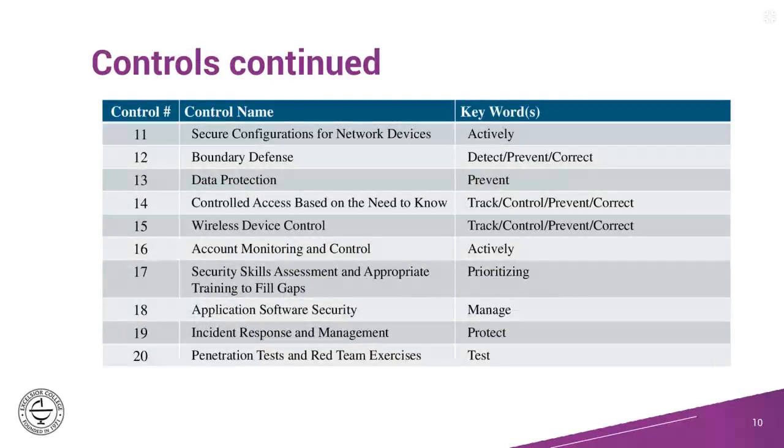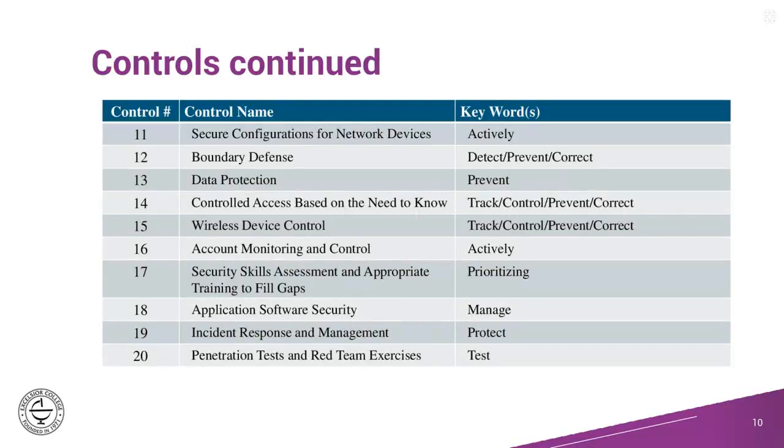Here's your next 10. And notice, like on 17, security skills assessment and appropriate training to fill gaps. Prioritizing. I talk to people constantly about who should be trained at your company and what levels they should be trained at. So prioritize that training, prioritize the learning. I know two-factor authentication works at our company, at our college. We use that all the time. We have access codes, we have key fobs. There's all sorts of things, and we're constantly trained on them, which is great because it's not just the managers that are trained, it's even the custodians.